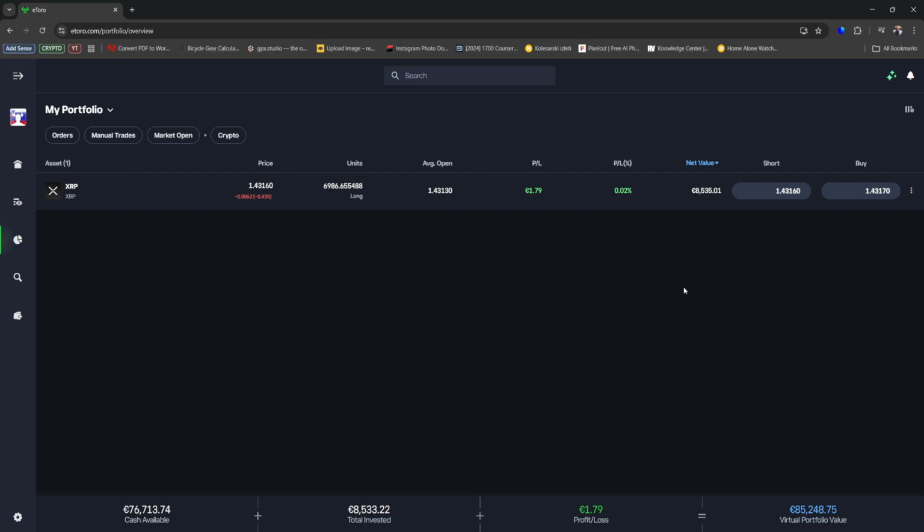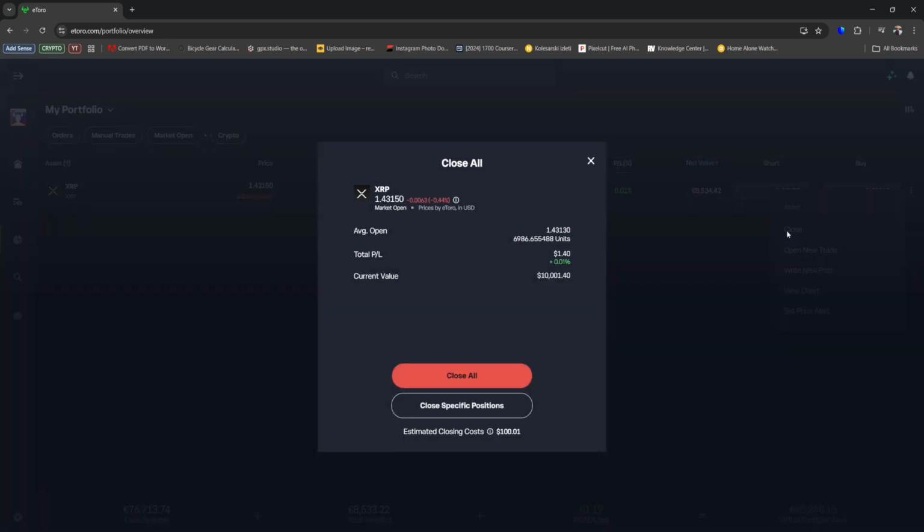Now we can head over here to the right side where you see these vertical small three dots at the very corner. Click on it and then here we have close. So we can click on that. It will open up this pop-up window. So here we have average open, total PL, current value